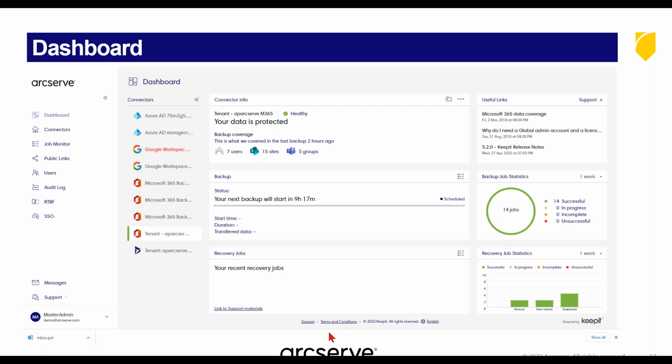Okay, so here is the Arcserve SaaS Backup dashboard. When you first log in, this is the screen that you see at the portal. So you can have a very quick view of all your SaaS backup connectors, whether it is M365, your Google Workspace, Salesforce, or